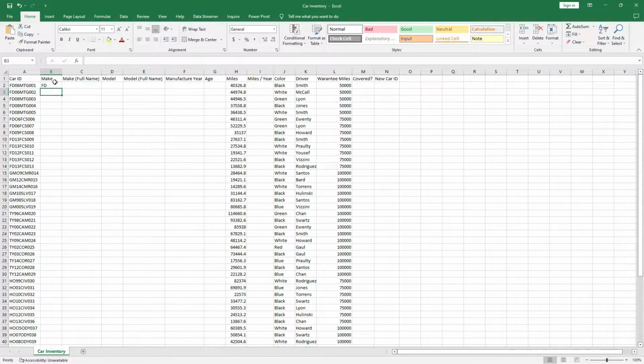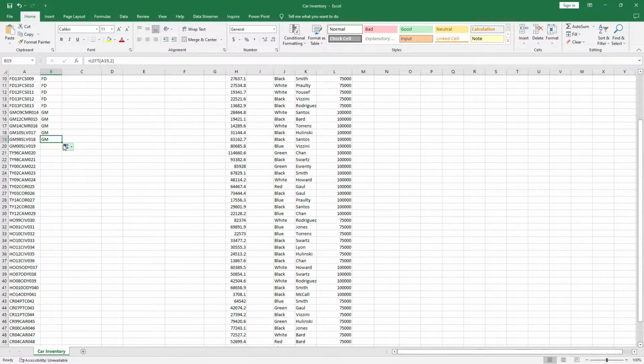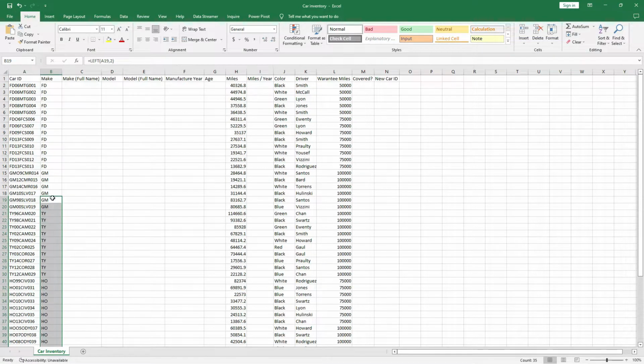It extracts FD. Then to copy for all the section, you can do that, or if you want it to be fast, you double click this. Then it highlights, the formula applies to all the other cells. The make full name,